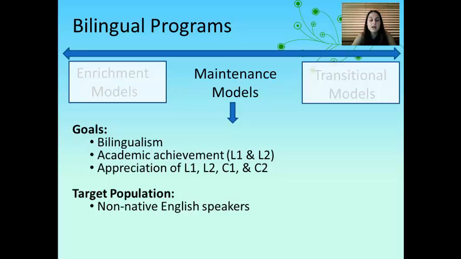So all of the students would be coming in with a native language other than English and are going to be learning English together, sort of as a non-native speaker. The subject matter, again, academic literacy, is highlighted in the first language and the second language. And here, what is different about this program is that the enrichment model was working to make two populations of students who spoke different languages bilingual, whereas this program is looking for a base of students who come in with the same language background and who are going to be learning English, and that way